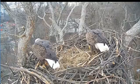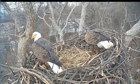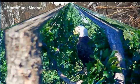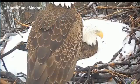And then along with the other things like the white feathers on the legs and the nares or the nostrils, I can usually say yes, that is, or no, it isn't, based on how they're laying their wingtips, along with everything else. This is Liberty, because you can see Liberty is laying in the nest, and you can see the chest feathers going up, and Justice is basically perched, waiting for his time to sit on the eggs